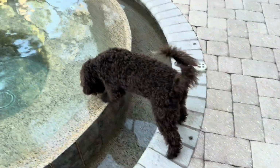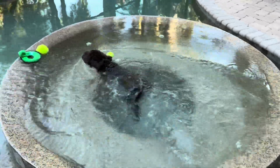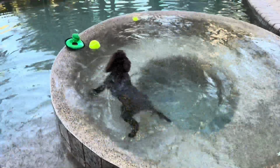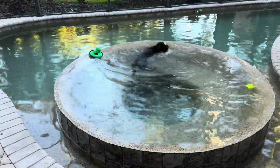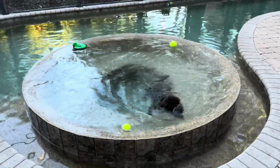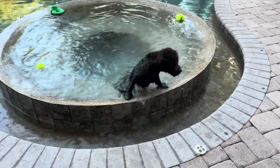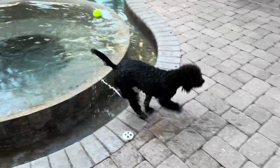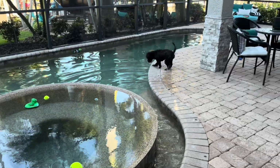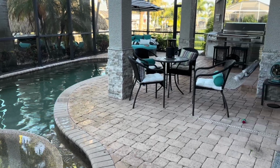Go get it. Go get it. Good girl. Really interesting thing about these dogs. I've never had a dog that just seems to like to swim. She's playing with the toy again on the tile during the voiceover. I'll show it to you in a minute. Anyway, she just likes to swim. She doesn't particularly like to get the ball, although at the end of the video, she did get me one of the ducks, and she brought it to me for the first time. So maybe that'll become a thing, but